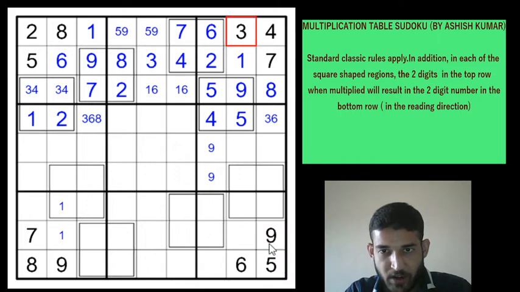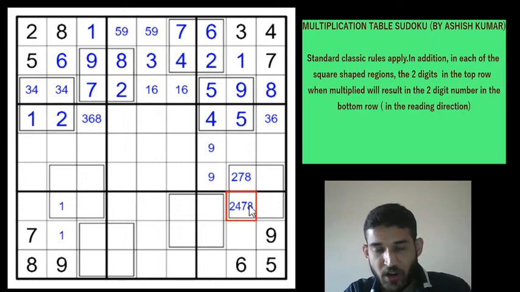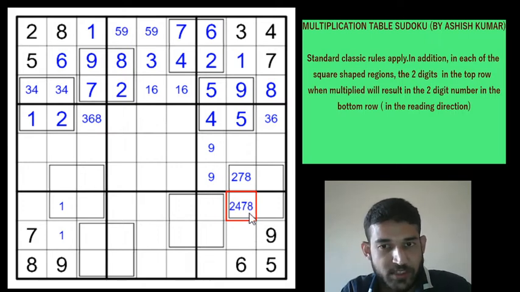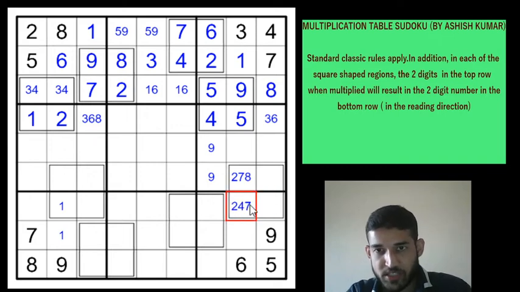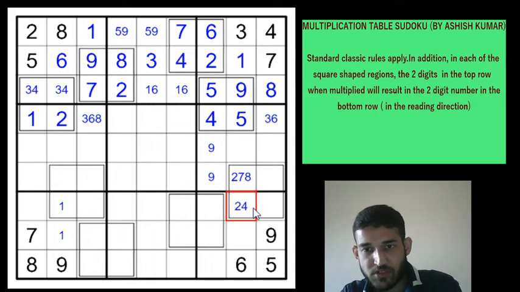Okay, let's focus a little bit on the last two columns because there are many digits and there is a box. 1 3 5 6 9 are placed in that column, so this will be 2 4 7 or 8, but 4 is here, so this will be a 2 7 8, and this will be a 2 4 7 8, right? Now you can't obviously have 8 in the second row because the maximum possible total product you can get is when you have 9 and 8 here, and that will give you only a 72. So you can't have an 8 in row 7 column 8. So this will be a 2 4 7. Now can you have a 72? No, because 9 is not possible in the top row, so you can't have a 7 also here. So this will be 2 or a 4.